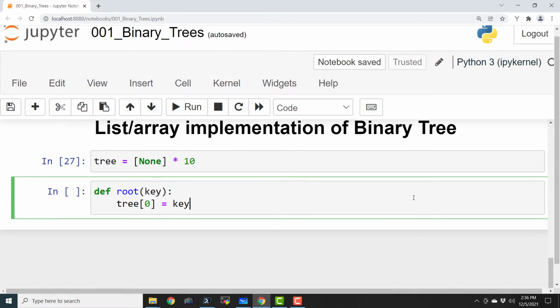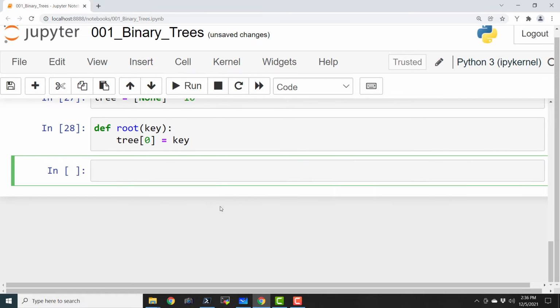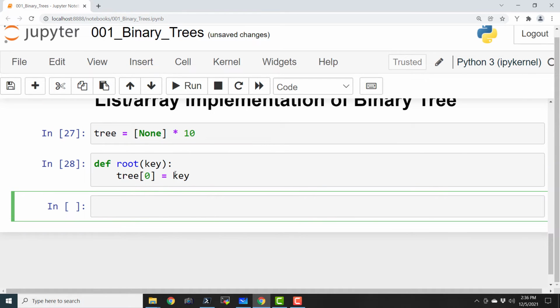equals key. So earlier I had thought of writing code that is going to check if the root already exists, and if the root exists, then we are actually not going to add an element, but this particular routine is going to override that, and it is going to redefine the tree every time we call this function. Okay, so it is going to be convenient for all of us.